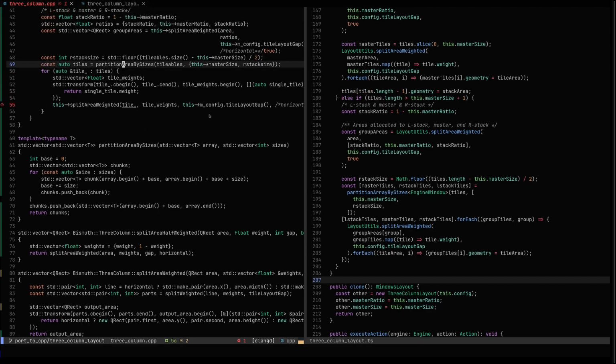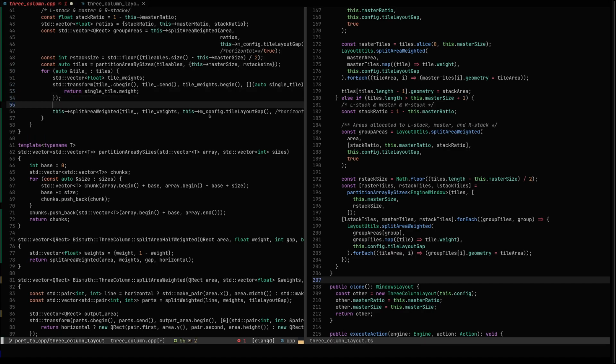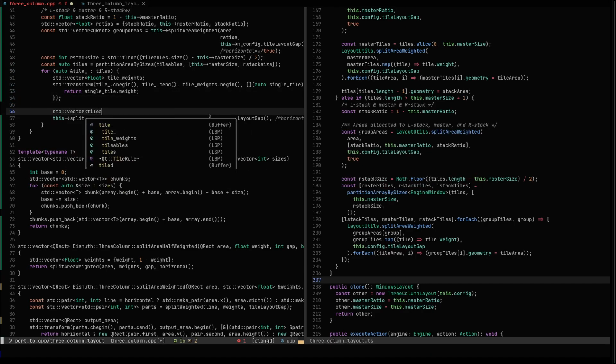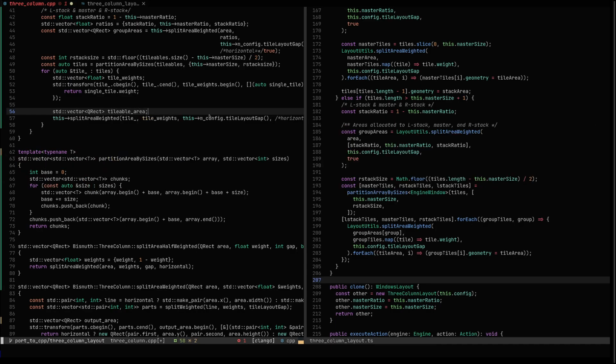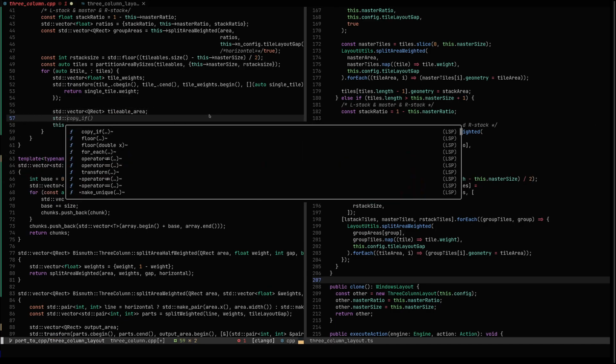Right. So this partition area by sizes is going to give you whatever input you pass. You're passing tileables, right? So that's why you're getting only that. And what was tiles? Tiles was that only. So we should not take... It expects only QRect, right? So we should also probably have a std::vector of tileables. Sorry, QRect tileable area, right? Stored transform